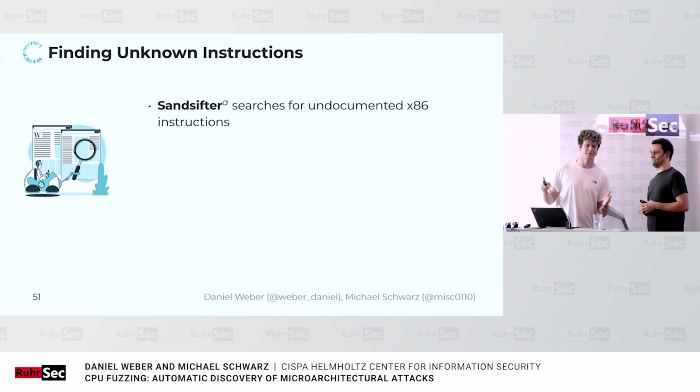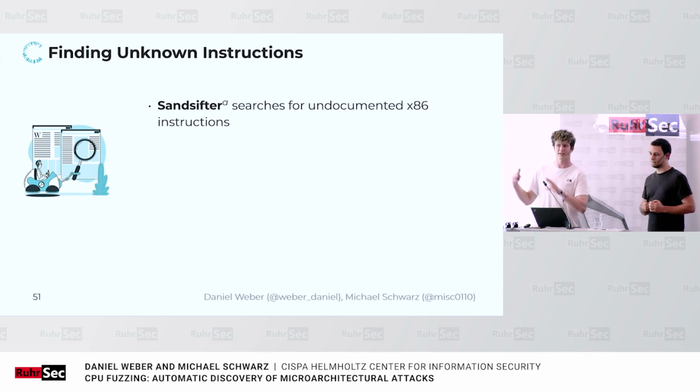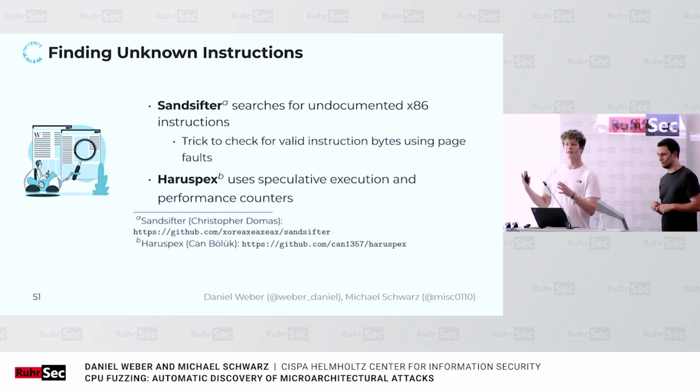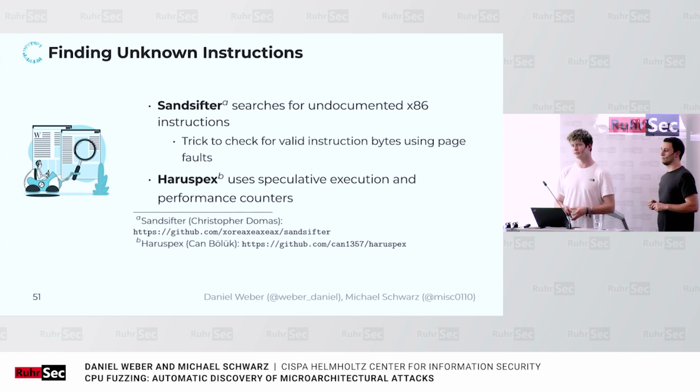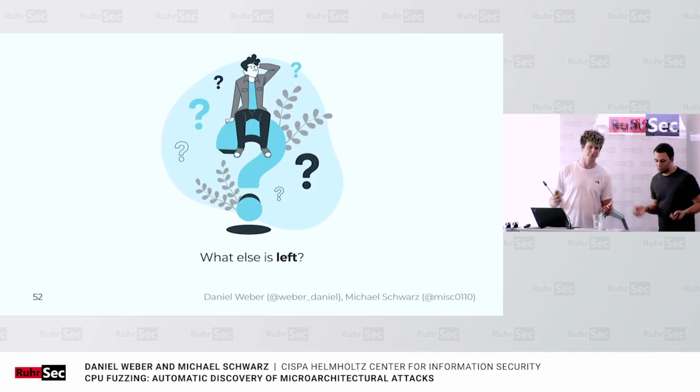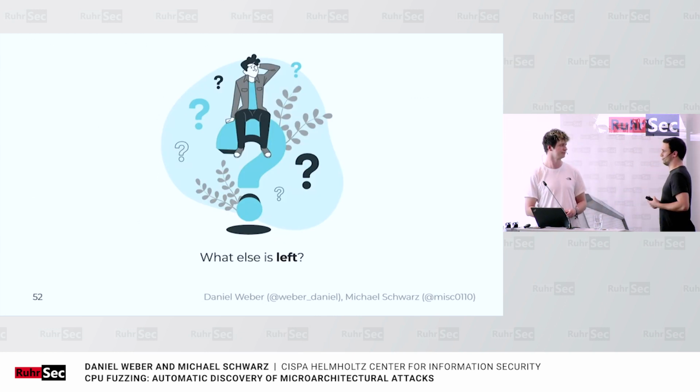Oh. So Christopher Domas wrote Sandsifter, and there he created a tool that actually searches for undocumented instructions by abusing a trick of the internal working of page faults and the decoder pipeline. There was also RuhrSec, a tool that abuses transient execution to again search for undocumented instructions. But that was just an example. I'm pretty sure there's more left. So if you paid attention in my lectures, there's more in a CPU than instructions. Okay, yeah,